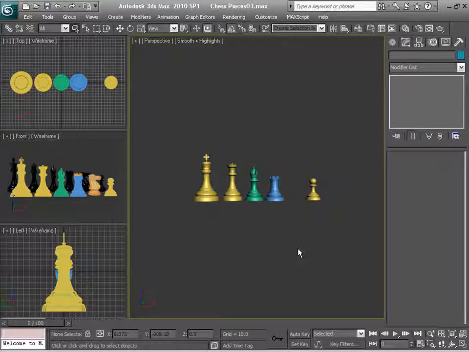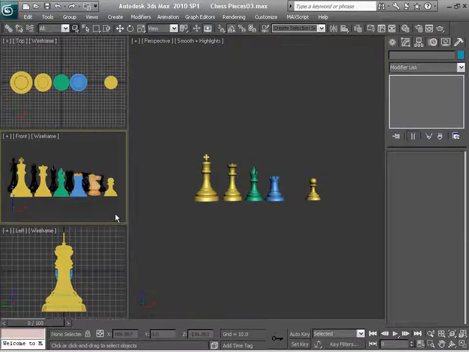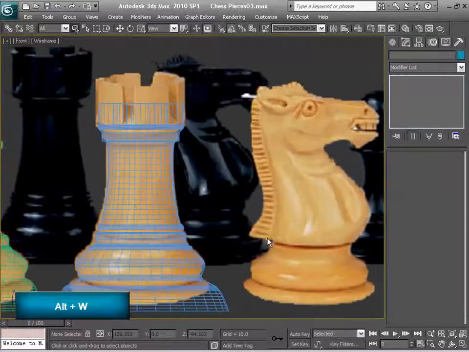Okay guys, so as you can see we have almost finished this project. We already have the king, queen, bishop, rook and pawn made. The only thing that we're missing is the knight. And for that, let's go ahead to our front view, and we're going to be using a totally different method